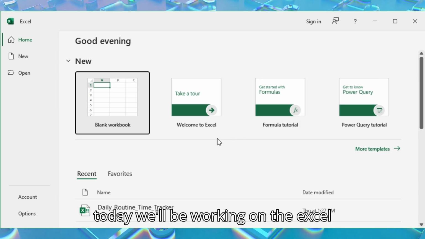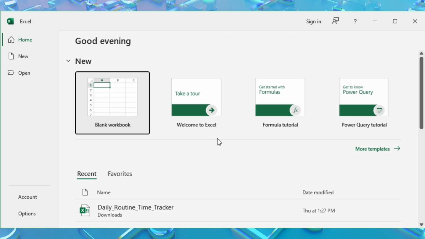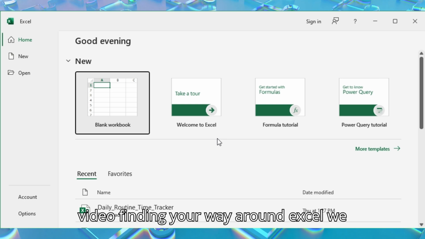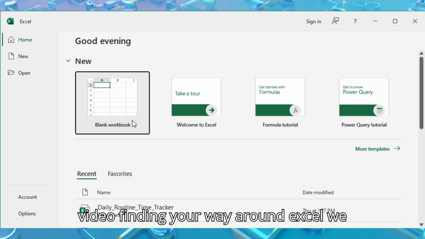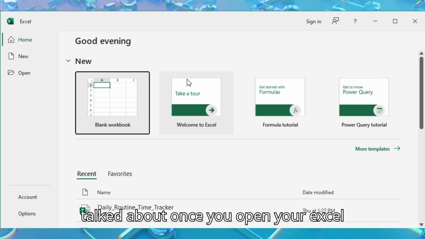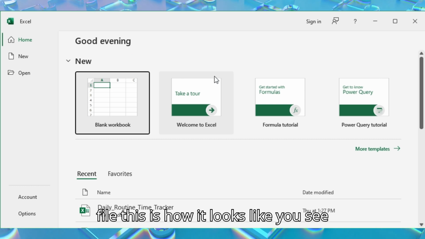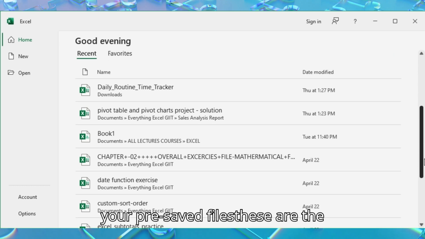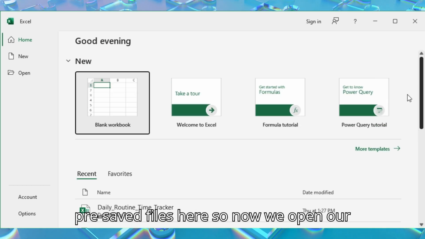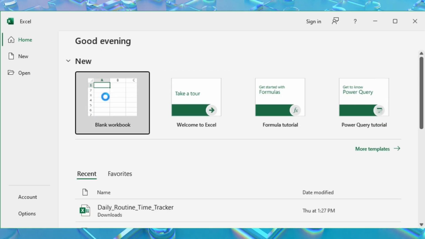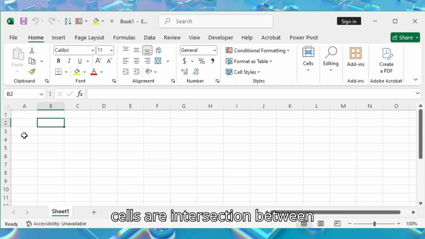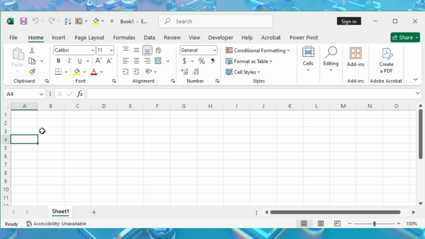So today we'll be working on the Excel worksheet. Previously, in our last video, finding your way around Excel, we talked about how once you open your Excel file, this is how it looks. You see templates and you also see your pre-saved files. These are the pre-saved files here. So now we open our blank workbook, our worksheet, and these are cells, and the cells are the intersection between the